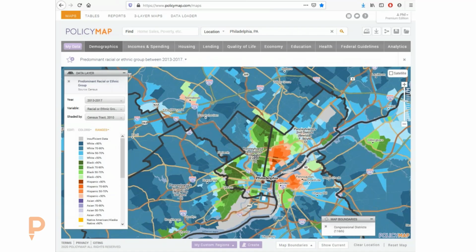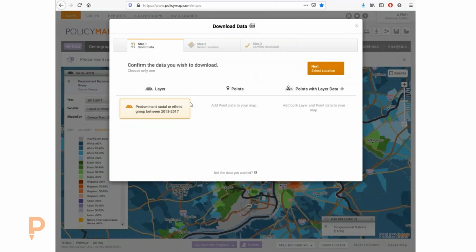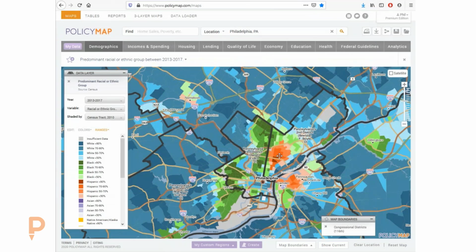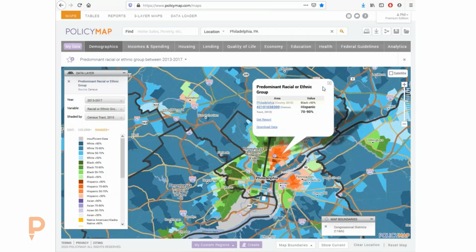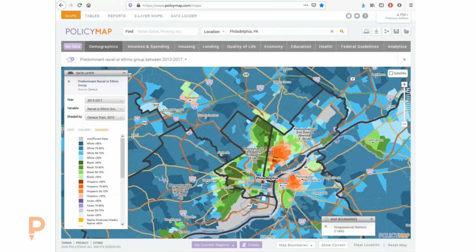And then just a very last thing, and we're going really far. If you ever want to use this data somewhere else in PolicyMap, you can download it. So for, I believe, Austin, you can actually download any of the data that's in PolicyMap, and what you're going to get is a file that has the FIPS code for the geography. That way you can just recreate these layers in ArcGIS because you can join it to a boundary file. But for anybody else, if you wanted to download all of the dollar amounts in Little Rock or in the state of Arkansas, you can download all that into one complete file and then do a much larger analysis of what you're trying to research of a given area.